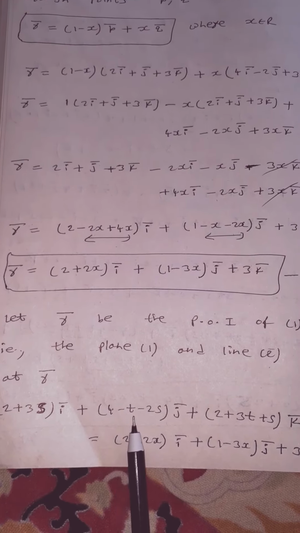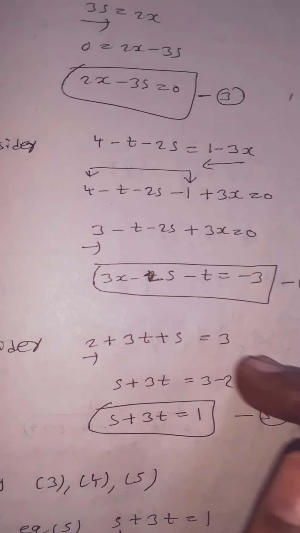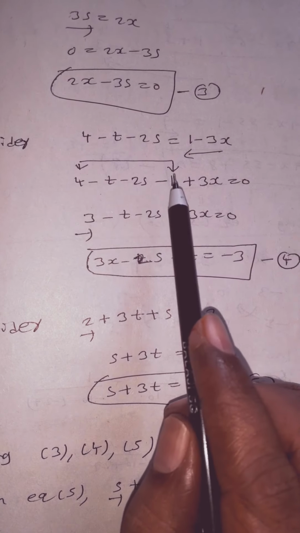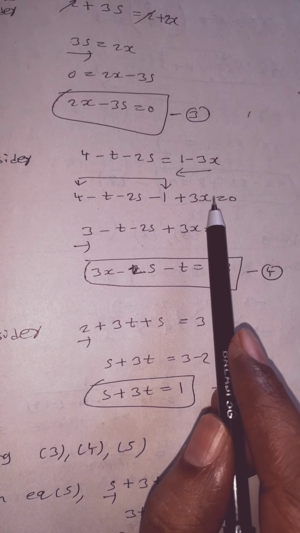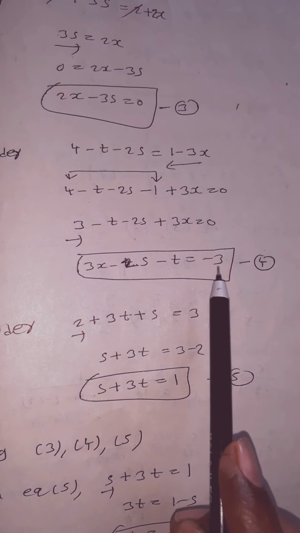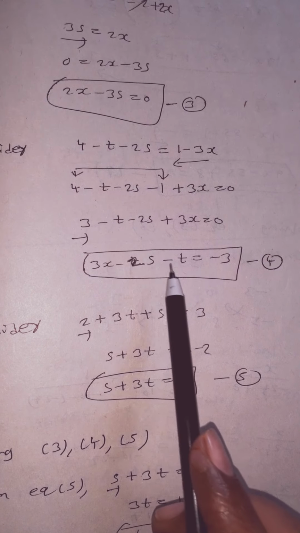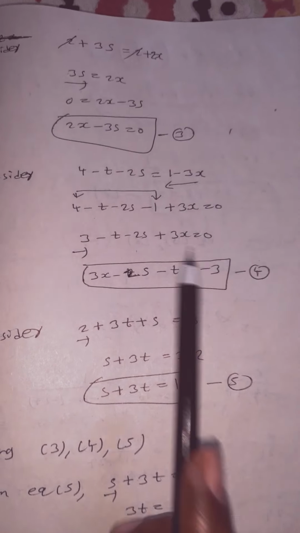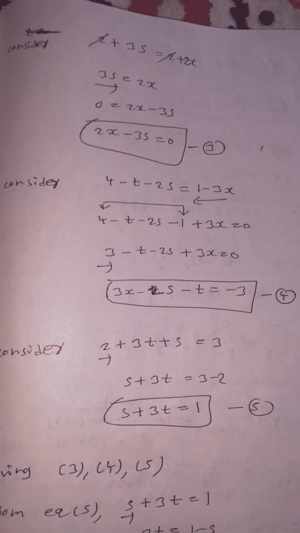What is that? 4 minus 3 minus 2s. Here 1 minus 3x. That only I have written, children. So in this value, this side plus will become minus, minus will become plus. So here 4 minus 1, how much, children? 3. Minus 3 I wrote as it is, minus 2s I wrote as it is. Plus 3x is equal to 0. So in 3 that side, children, plus will become minus. So I wrote here 3x minus 2s minus t is equal to 0 minus 3 is minus 3, children. So I wrote positive value first and next negative values I wrote. Reverse I wrote, that's it.